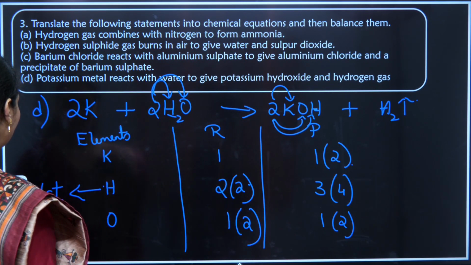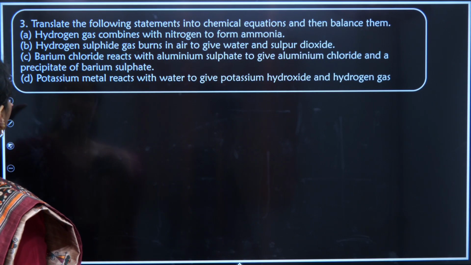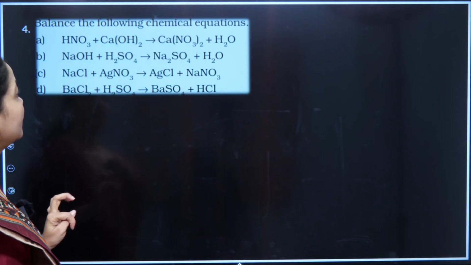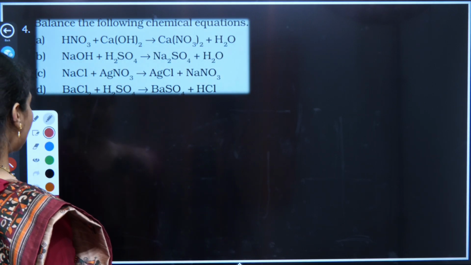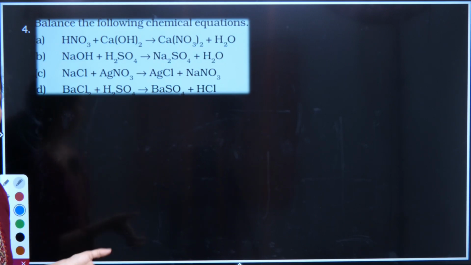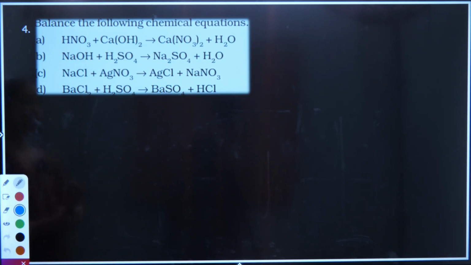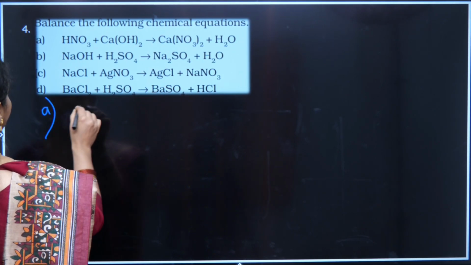Now moving to the fourth main. What is the fourth main telling us? The fourth main says to balance the following chemical equation, but again reactions are provided. We don't have to analyze the symbols here. Already the reactions are provided. Let us quickly do it. The first one is